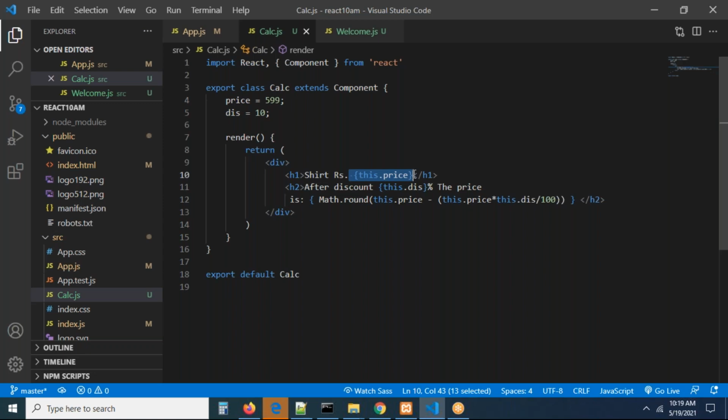We can write everything in the script tag and we can append it to an element. But in JSX, everything we can add within the file. Within the template also, within the HTML code also, we can do some calculations. That is the beauty of JSX. This is the purpose, and this is exactly what JSX is going to be, guys.